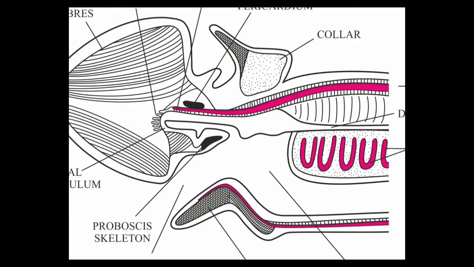Okay, this is the anterior end of the Balanoglossus. With a detailed view, you can see the mouth here, which leads into the small buccal cavity. This is the buccal cavity. The roof of the mouth has a proboscis skeleton, the proboscis skeleton here, and the buccal cavity invaginates the proboscis as the buccal diverticulum. This is the buccal diverticulum.